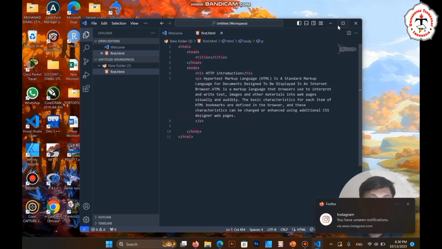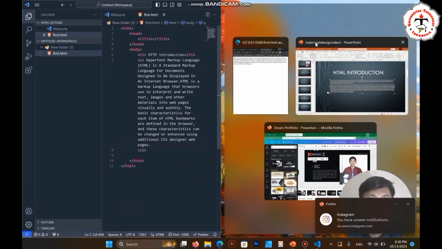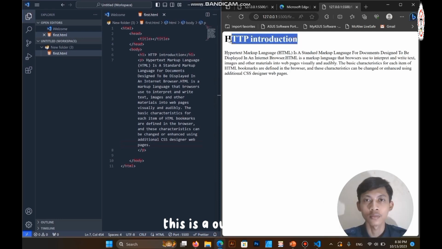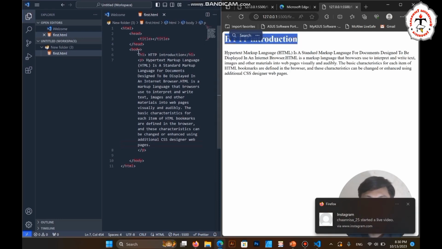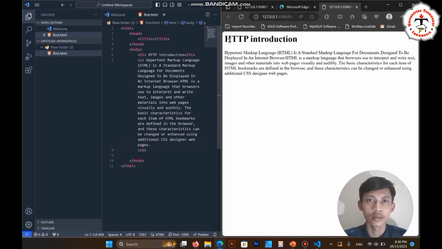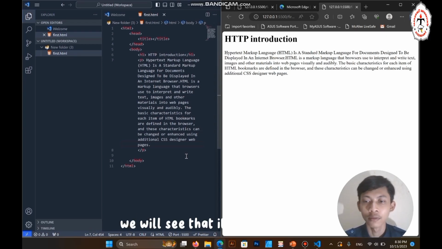Okay, and this is the output from the H1 text, like this. We will see that it will appear like this in the browser page that we create.